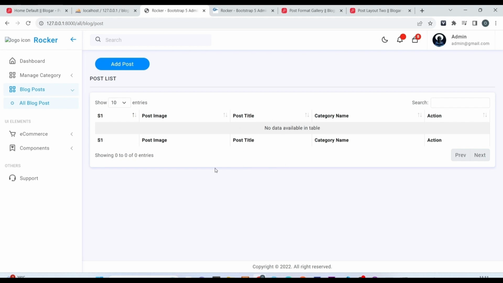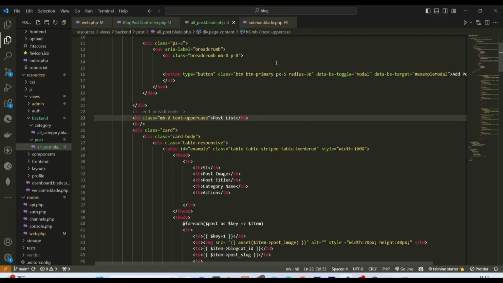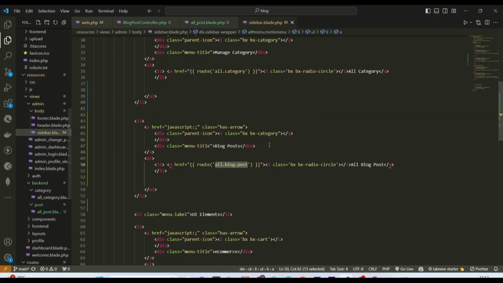So in this video, we are going to be working on our ad post. So now we are going to be designing our ad post. Now we are going to include our ad post here, also create the route. Now we'll go to our VS Code, inside our sidebar,